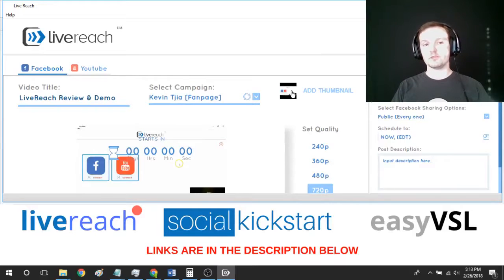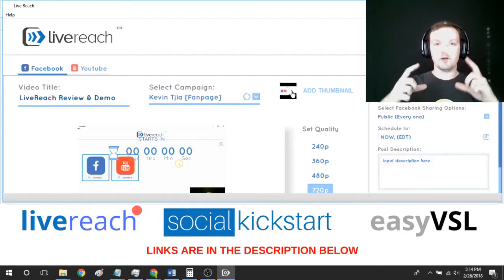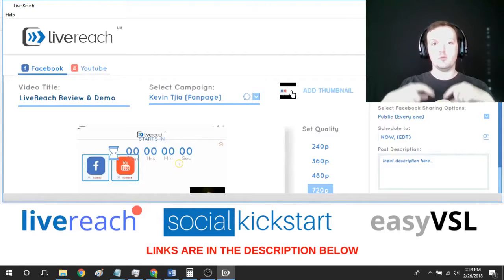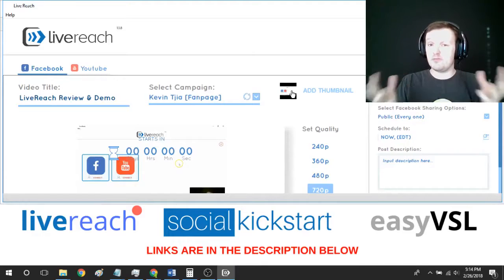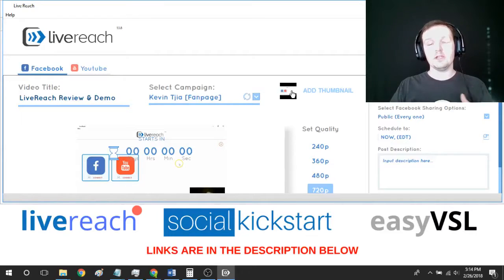On Facebook, not on YouTube, you can add a thumbnail right here within the program. Unfortunately, I wish this was possible on YouTube, but I'm going to have to put that in as a feature request. Now, this is important because on Facebook, when the feed is going by, and the video pops up for a second or a split second, depending on their settings, maybe for as long as it's there, there's going to be a thumbnail, and you want to be able to control that thumbnail. You want to be able to get someone's attention with that thumbnail.